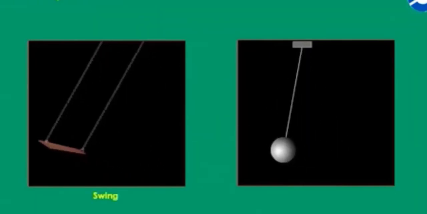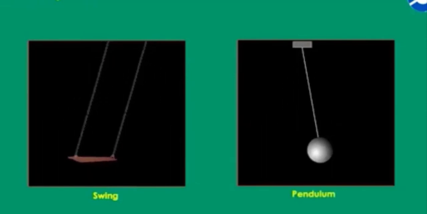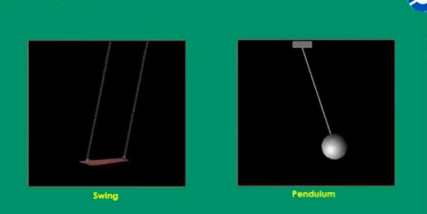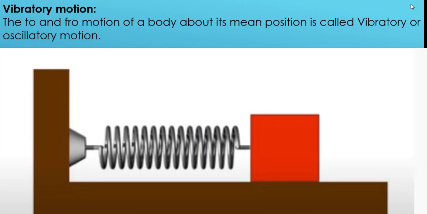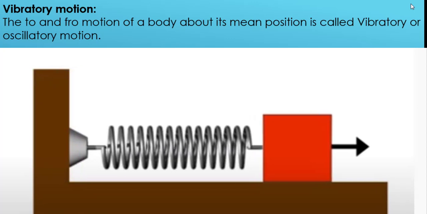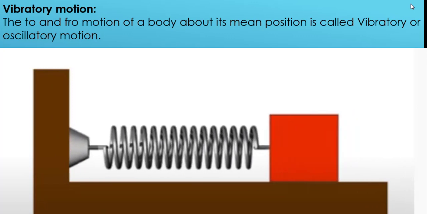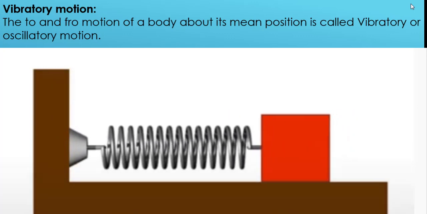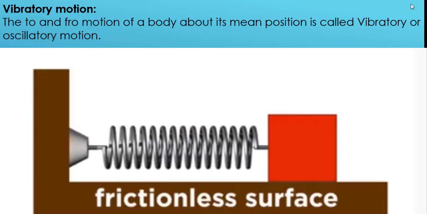such that the motion of a swing and the pendulum of a clock shows vibratory motion or oscillatory motion. Another example of vibratory motion is the mass spring system. When a mass M is attached to the end of a spring, whose other end is fixed with a rigid support, and then displaced from its equilibrium position, or resting position, or mean position, it will start to vibrate to and fro, back and forth about its mean position. This is also an example of